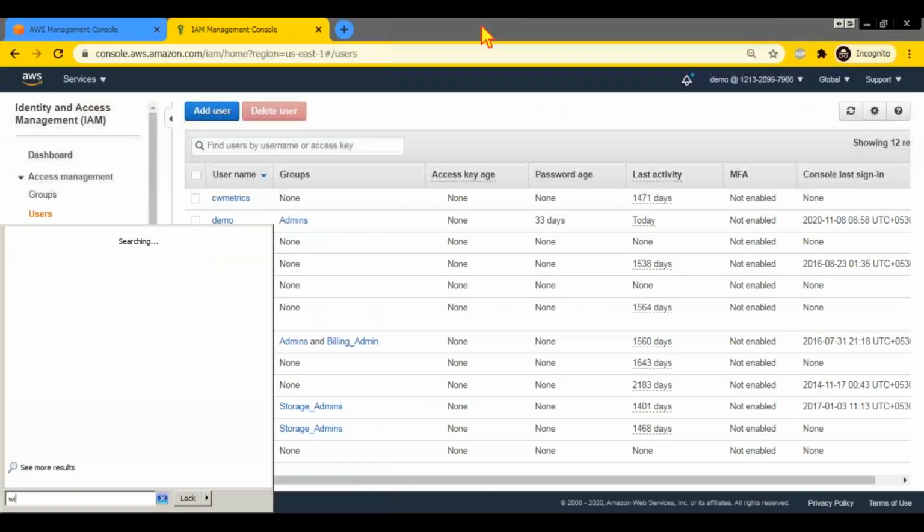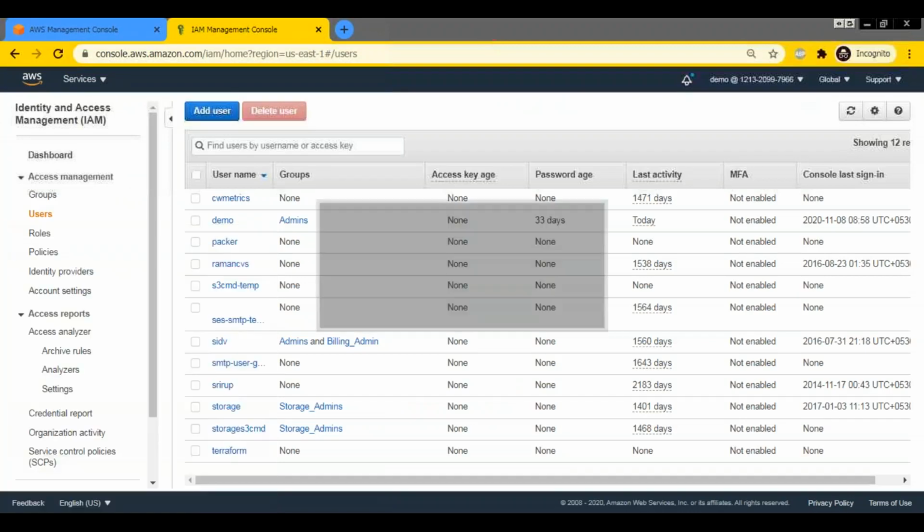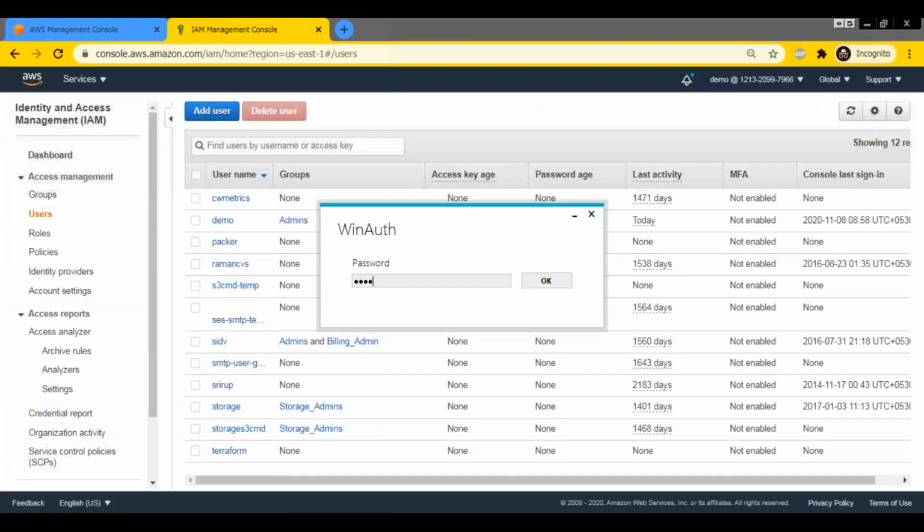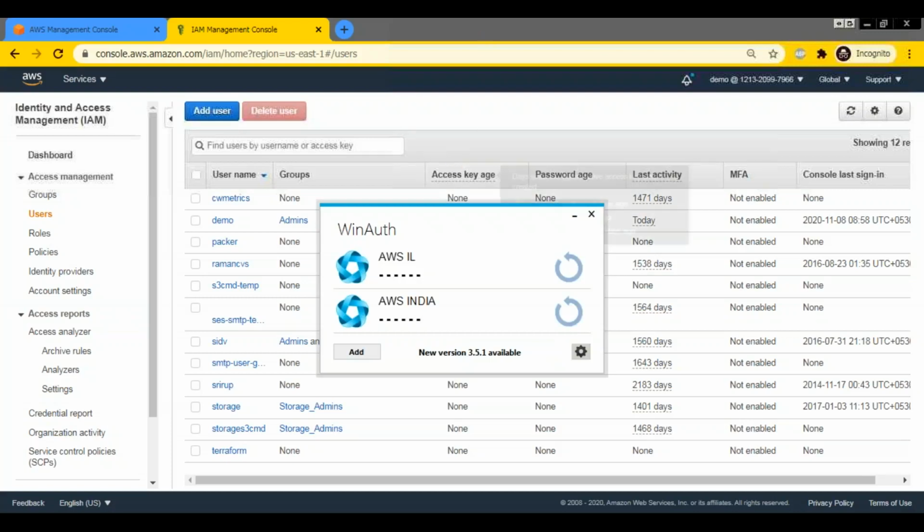For example, I use WinAuth. Here I can add my account, a Gmail account, an AWS account, and I hit refresh, it will show me the OTP code. It syncs with your date and time and a secret key that you provide, and it generates the OTP.